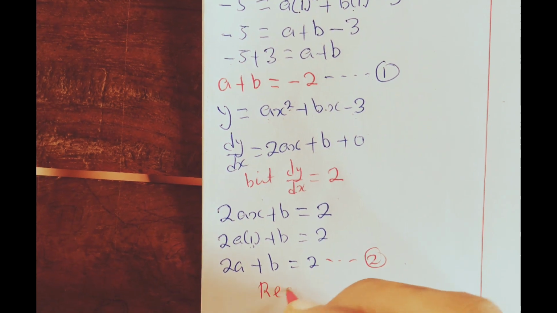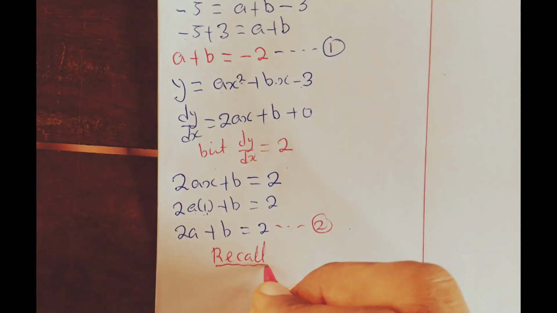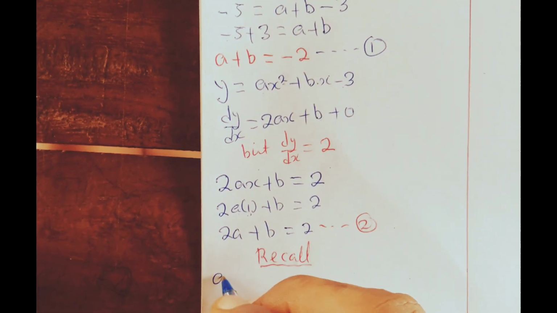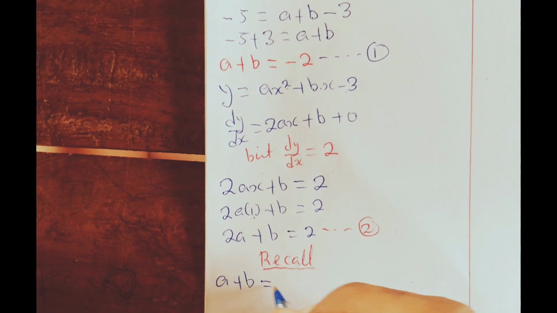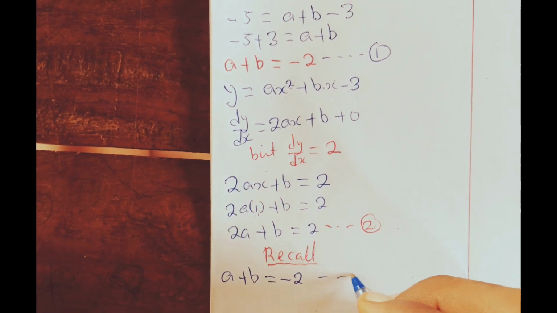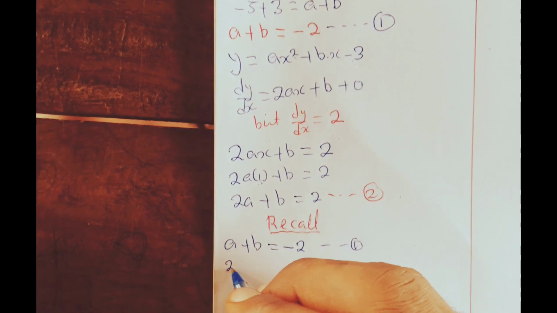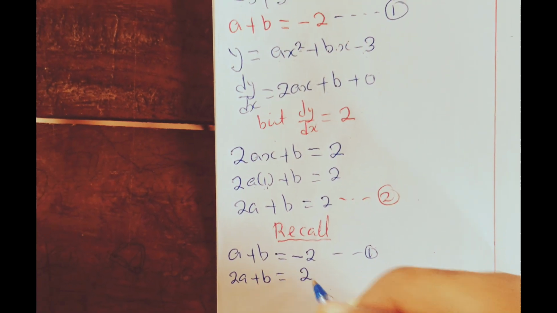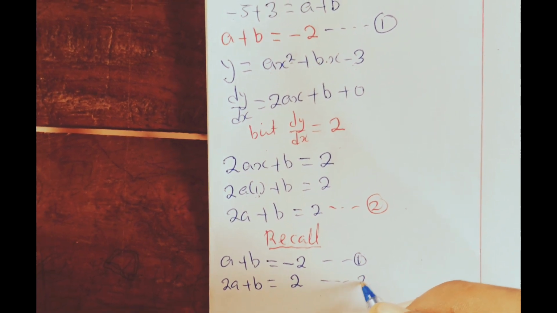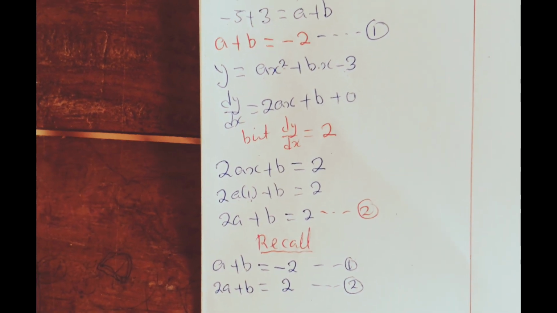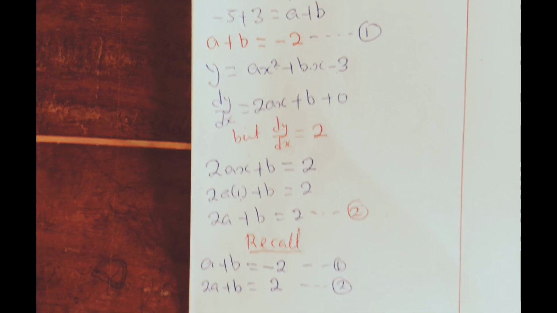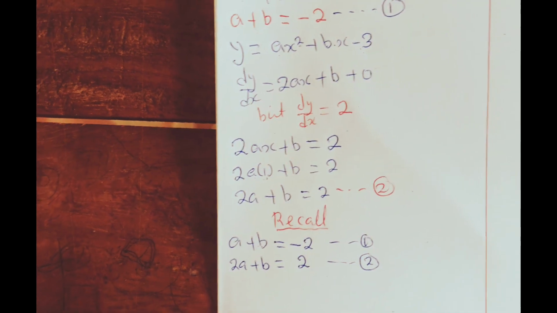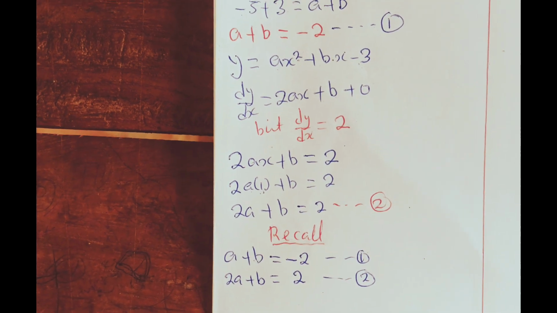Now let me recall my equations. Equation 1 says that a plus b is equal to -2, and the second one says 2a plus b is equal to 2. So I need to solve these simultaneously. I realize that I have the coefficient of b as 1, 1. So when I subtract this from this, I'll be getting